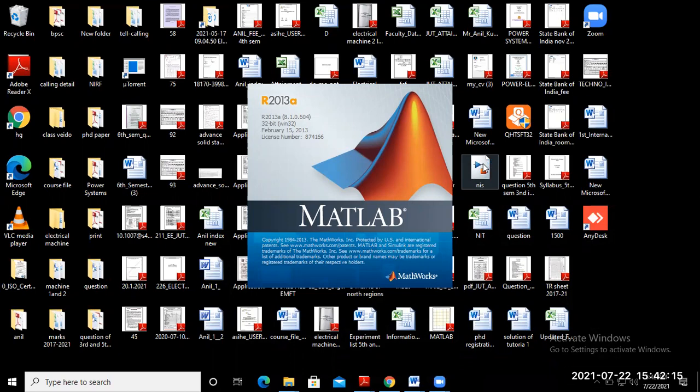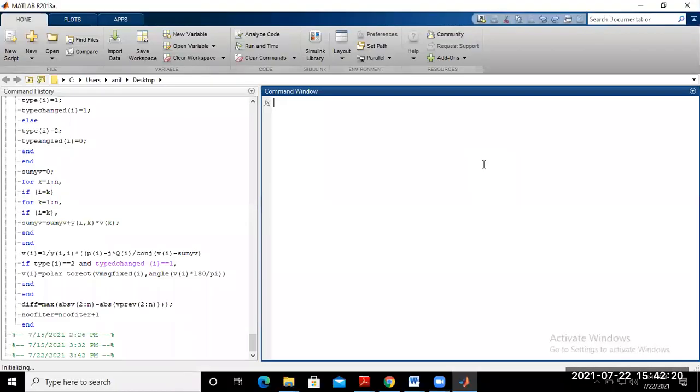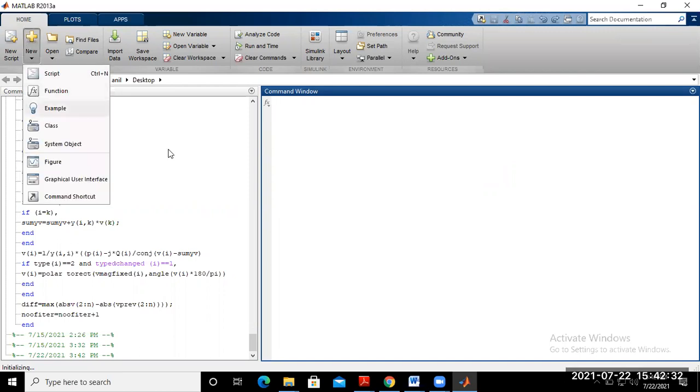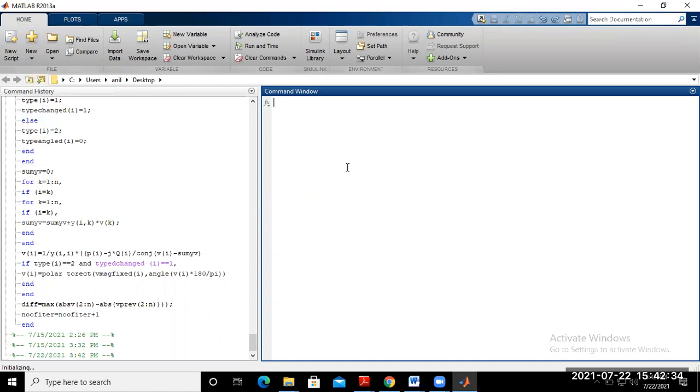Do you remember what are the different components we required for the circuit? So again go to the new folder and wait here.